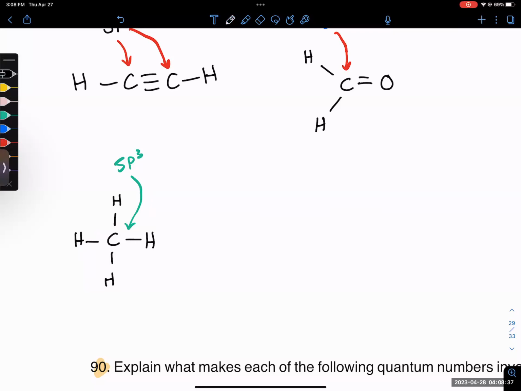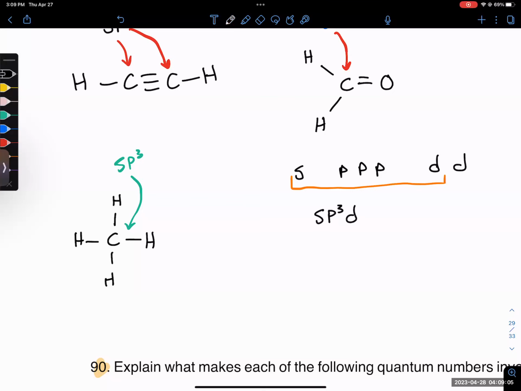There also are situations when you incorporate d orbitals. So we know we have s and 3 p orbitals, and we can hybridize with d orbitals. If you take 1 s, 3 p's, and 1 d, that would give you an